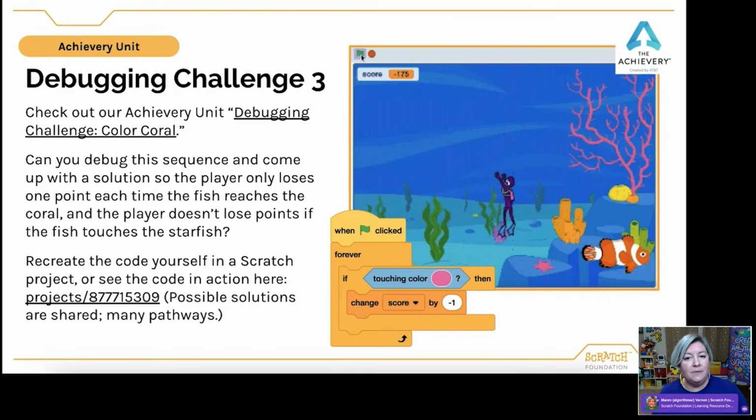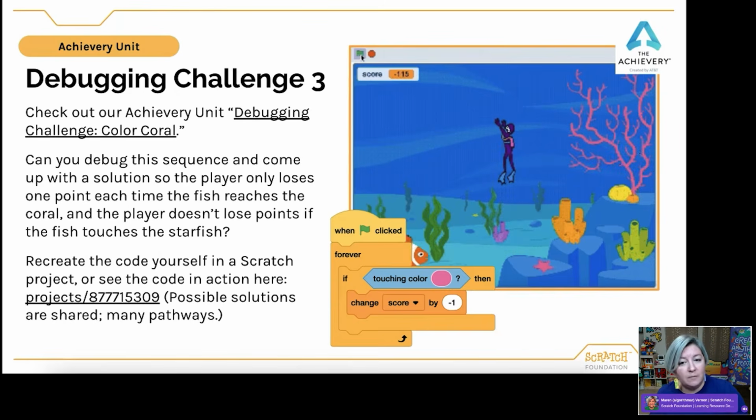But currently what's happening is the diver sprite's working fine. It can be moved up and down, but the fish resets back to the left side. That's great if it touches the diver, so it's blocked from reaching the coral. The problem is that once it touches the coral, it starts losing an insane amount of points. We only want the player to lose 1 point. So it just keeps losing hundreds of points.